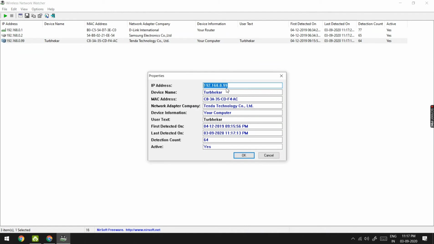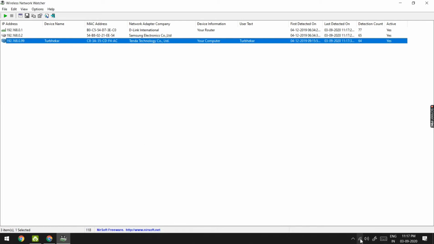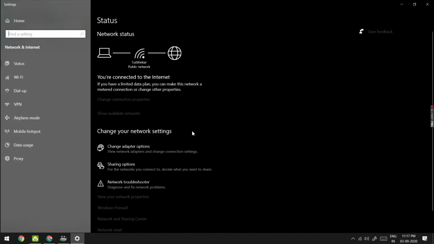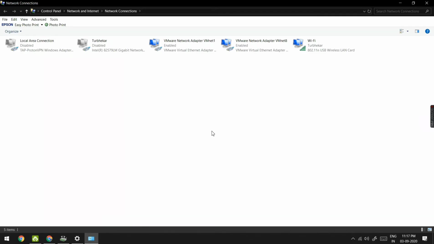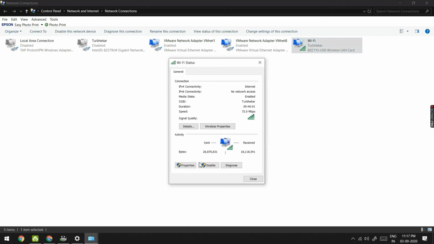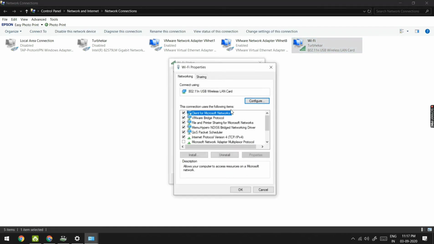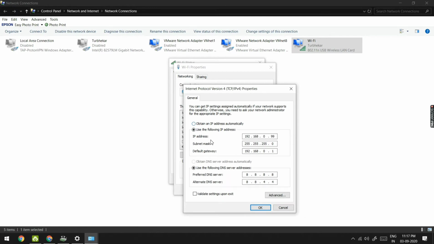As you can see in Wireless Network Watcher, our network adapter IP is 192.168.0.99. It is successfully assigned a static IP, and now we are going to change the static IP back to the dynamic IP address, which will be assigned from our DHCP server.